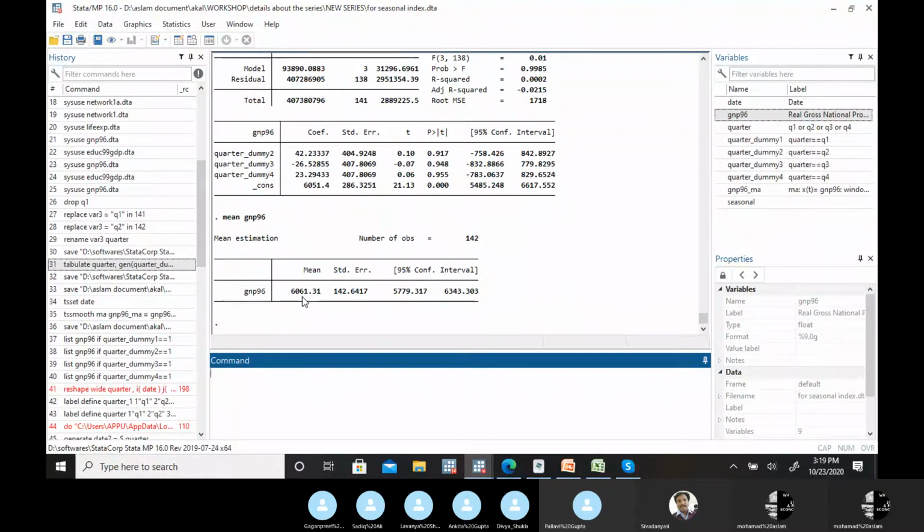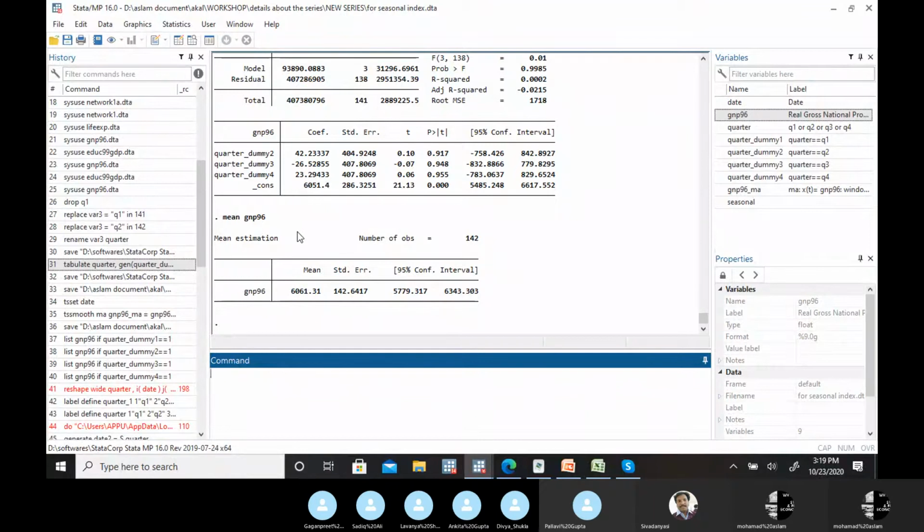So if we want to know the seasonal impact on this average change, then you just have to calculate the percentage of this particular 42, 26, and 23, meaning with the constant. So it's 0.6 or 0.3 something, only a slight percentage increase in the second quarter, then a decrease, then again an increase, as compared to the first quarter.